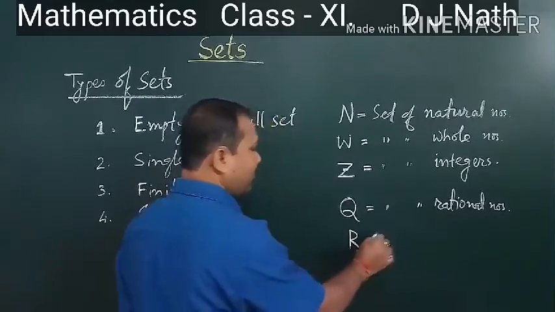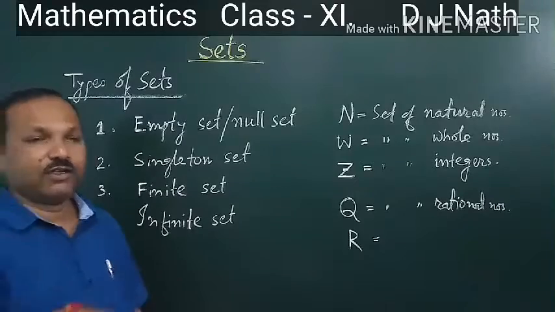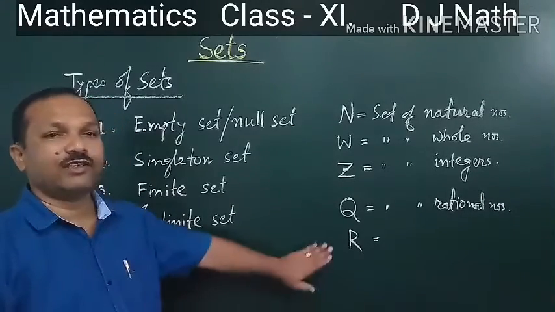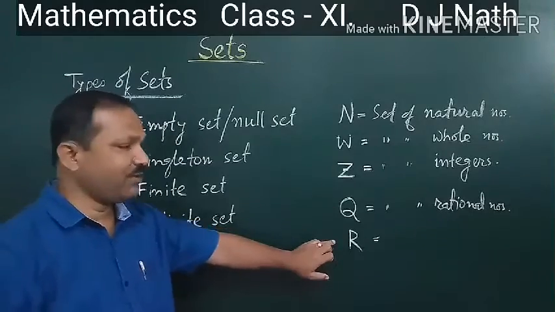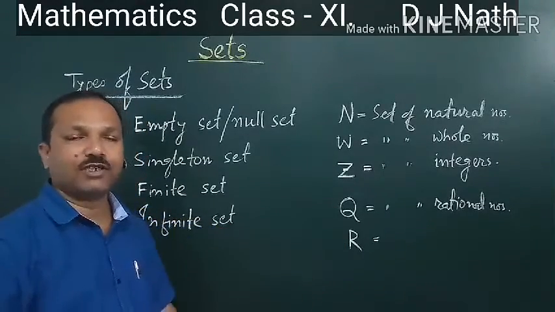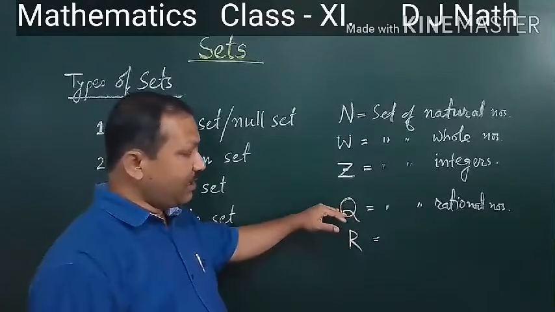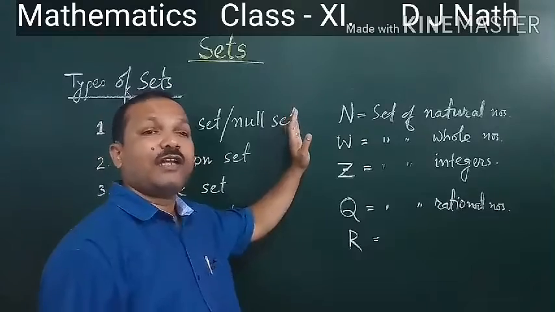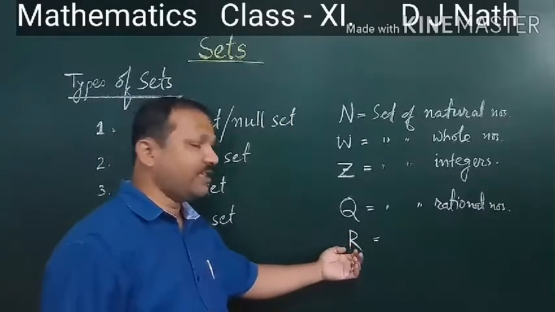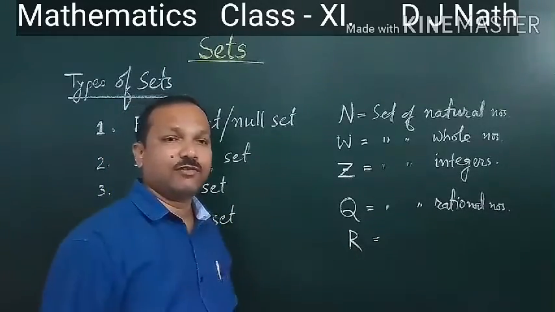R. What is that R? It is very important, and all the things we will deal with are based on this. R means the set of real numbers. Which are real numbers? You have got them in class 10. Real numbers means rational numbers and irrational numbers together. We say it as real numbers. Real number line. We draw it on the number line.